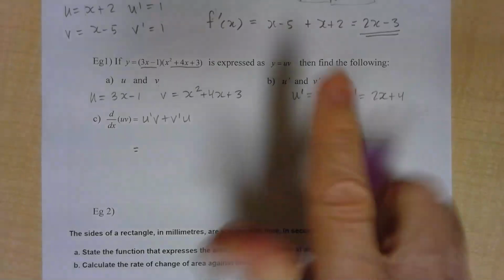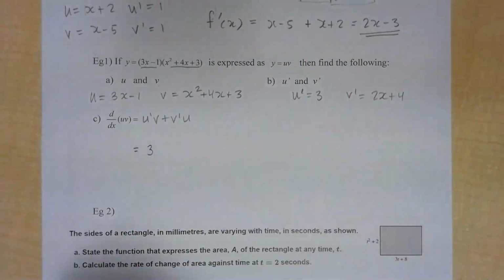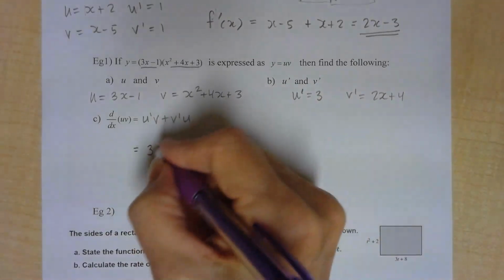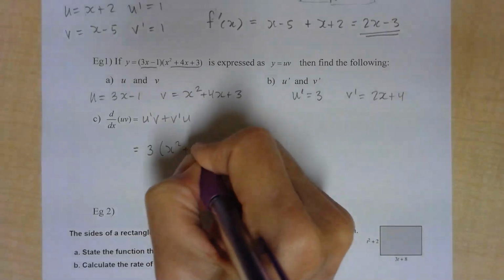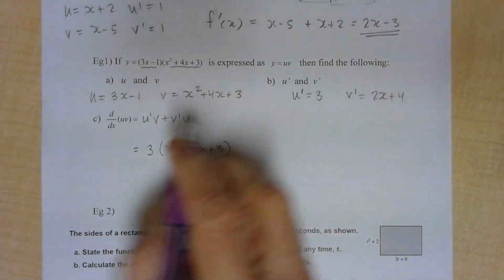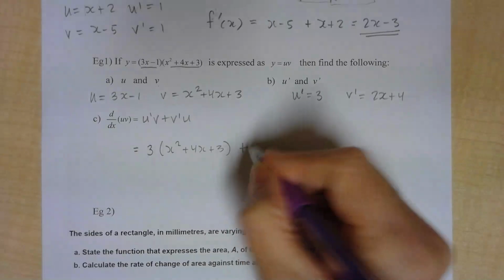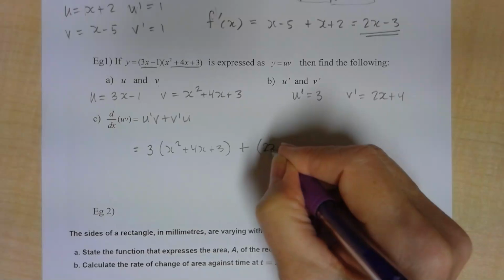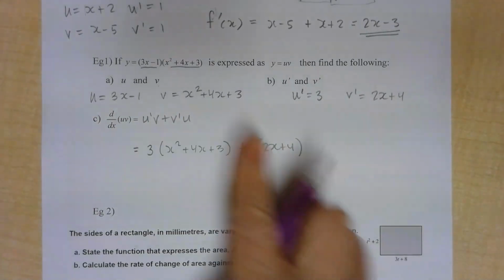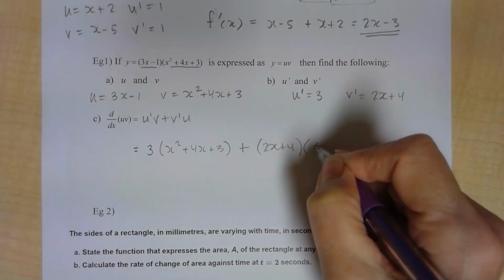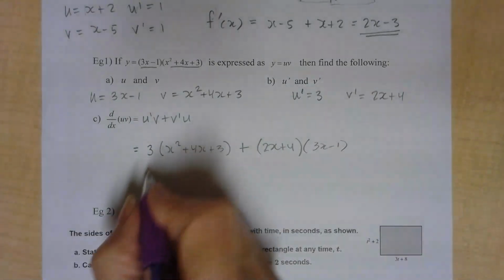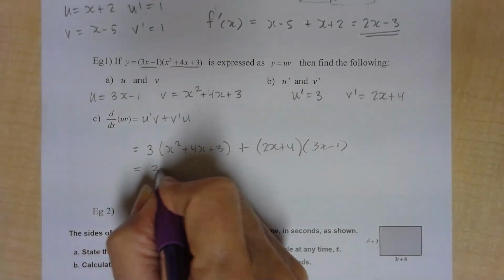So I'm going to do u dash, which is 3, no bracket around 3, times v, x squared plus 4x plus 3, then there's a plus sign, and then it's v dash, got to use brackets, times u, have to use brackets. Okay, so if it's any sum or difference, I have to use brackets. And then I'm going to try to simplify that